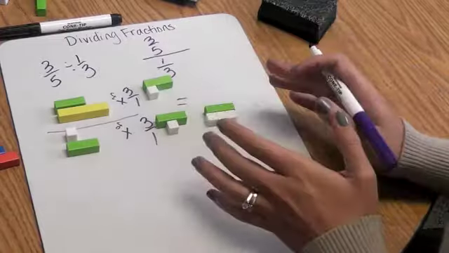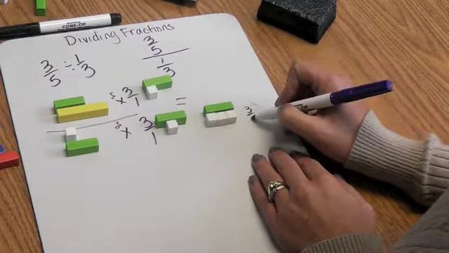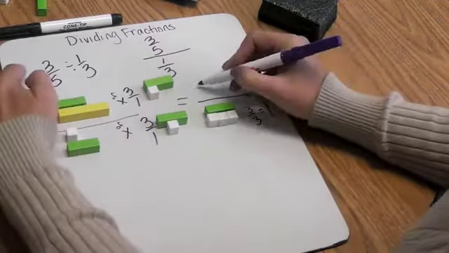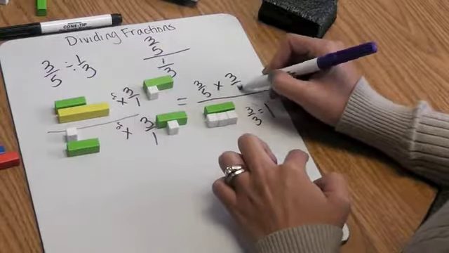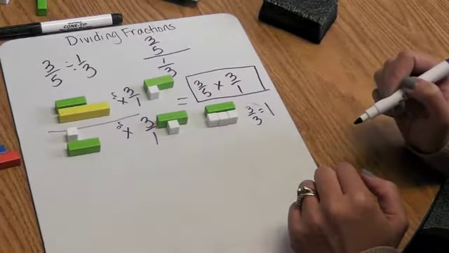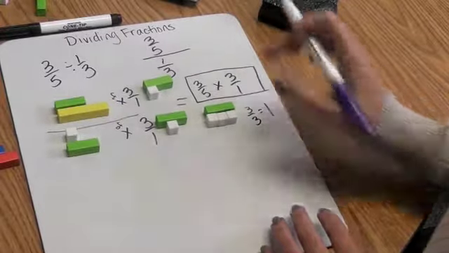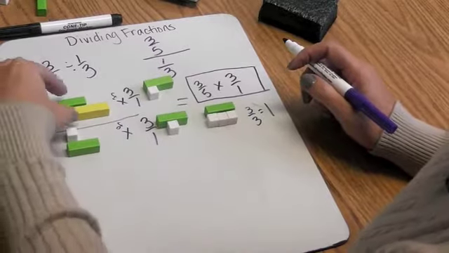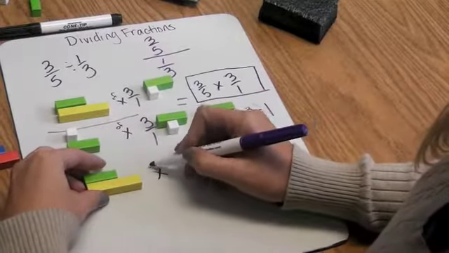And remember, our whole goal here was to make our denominator a 1, which we've done, because 3/3 is equal to 1 whole. Our new numerator looks like that first fraction, which has stayed the same, times the reciprocal of our second fraction. This is what we usually teach kids to do right off the bat, but this is the explanation behind it. So now we can solve this. I'm not going to bother to rewrite it. We have 3/5. I'll just build it again. So we have 3/5 times, or of,